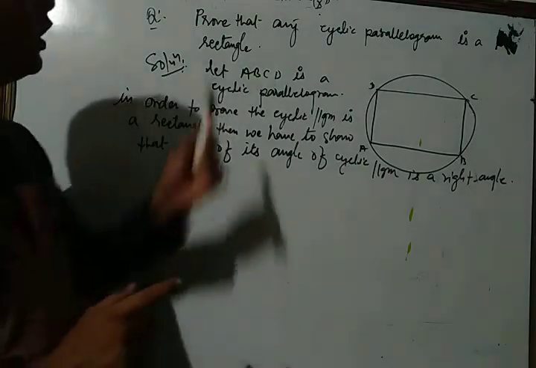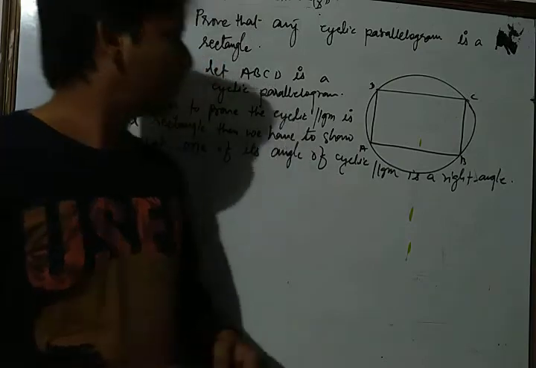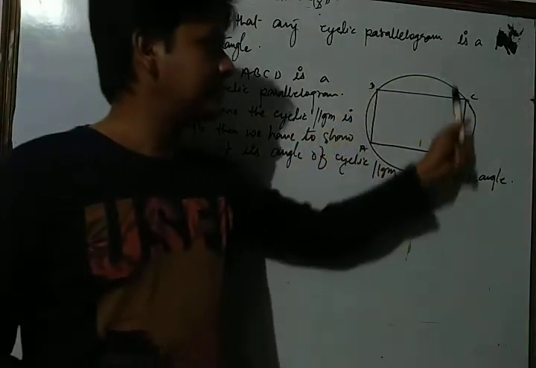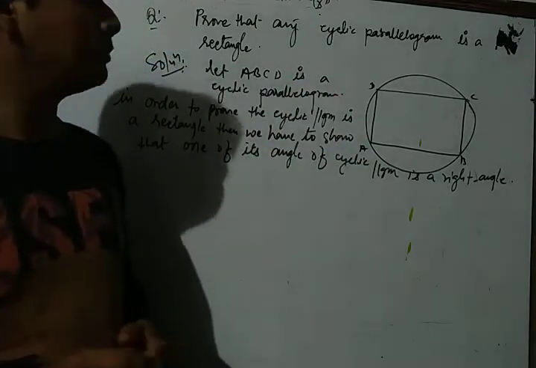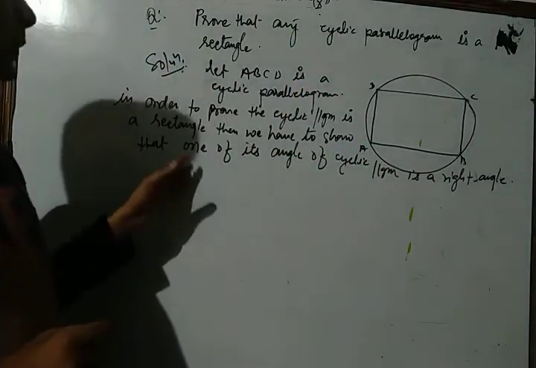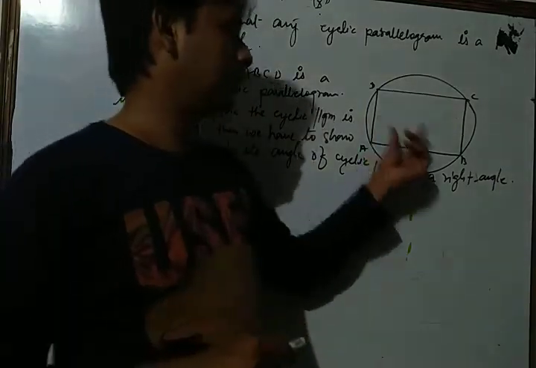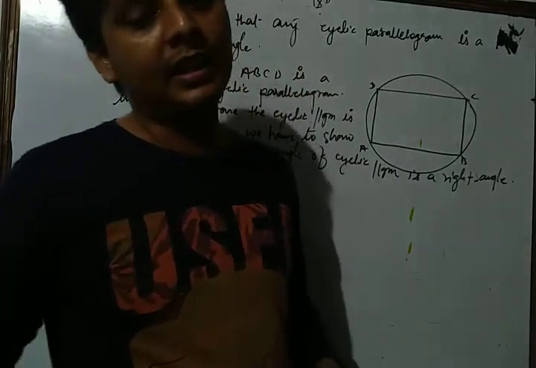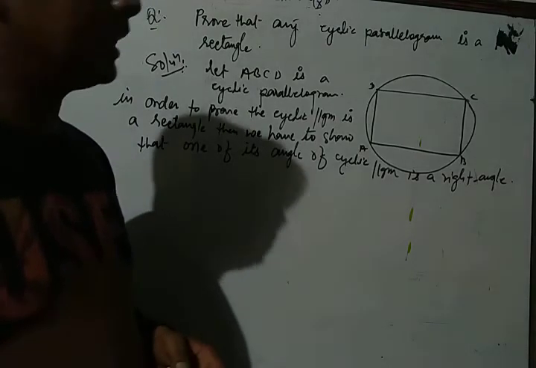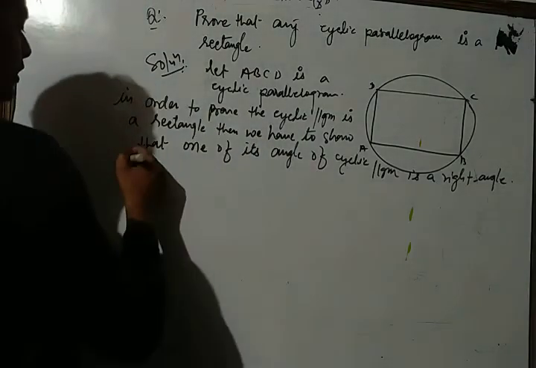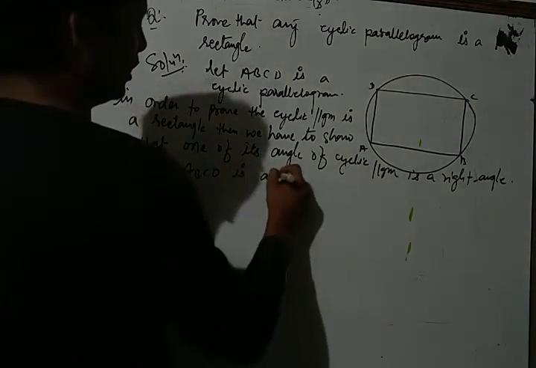Let's see once more. We have to show that any cyclic parallelogram is a rectangle. First of all, we draw ABCD, a cyclic parallelogram. In order to prove that it is a rectangle, we have to show that one of its angles is a right angle. Now dear students, we know that since ABCD is a